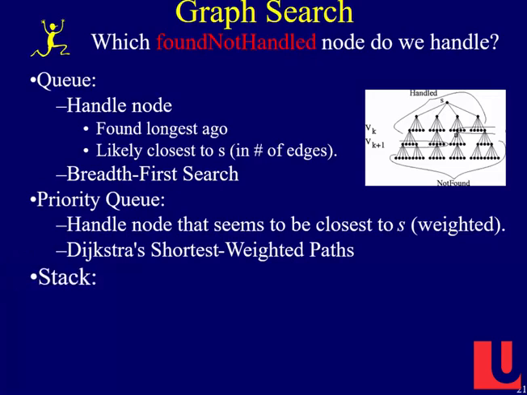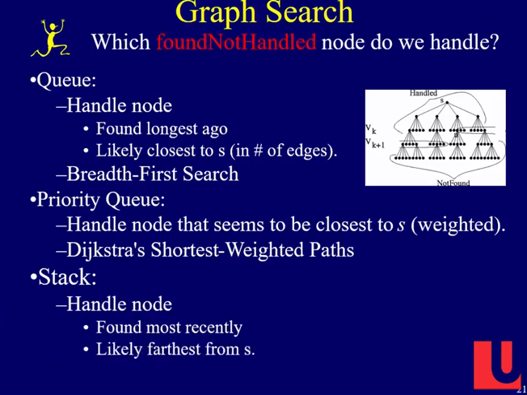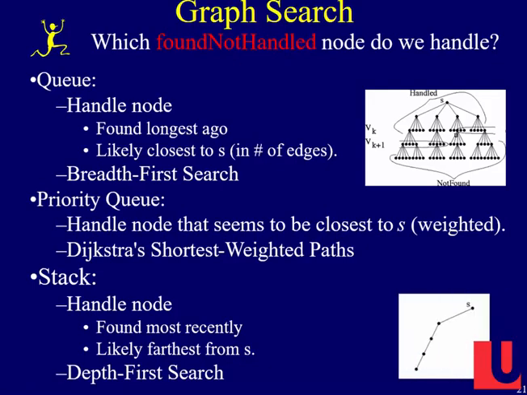Or we could use a stack. With a stack you put the nodes on top, and you pop the guy who's been around the least length of time, right? He's the guy probably furthest from S, and that gives you depth first search. All right? So we will think about each